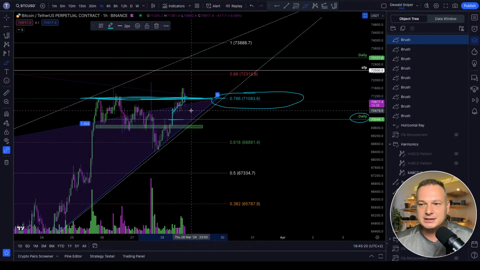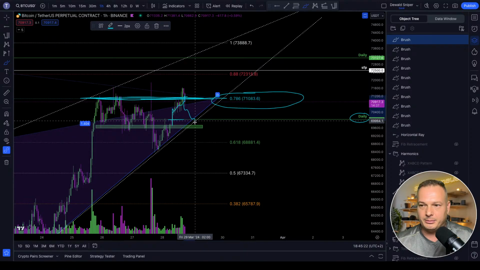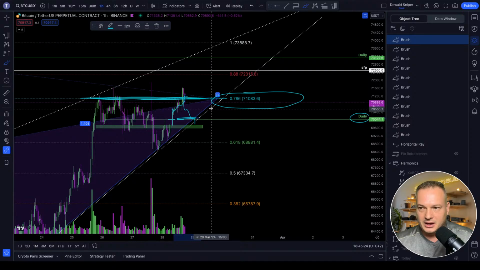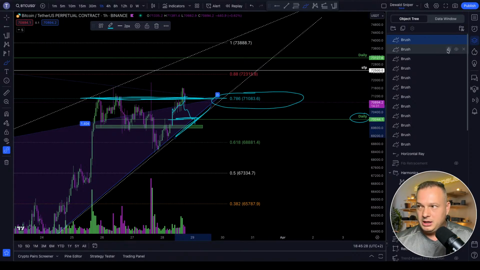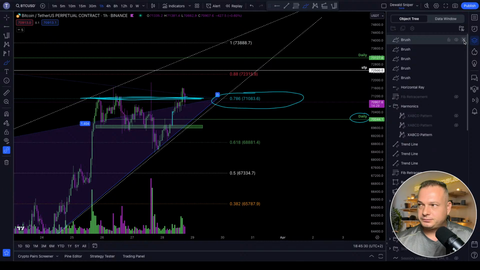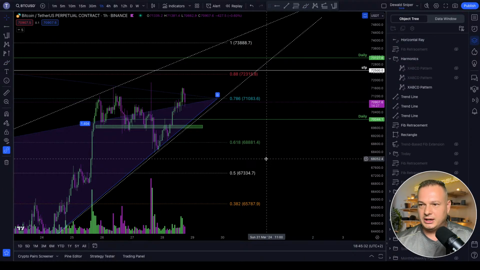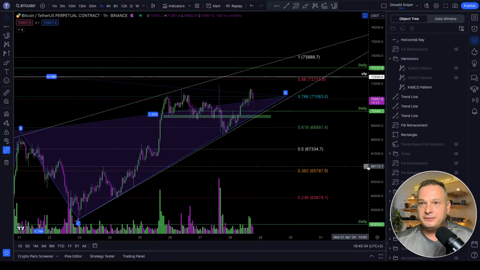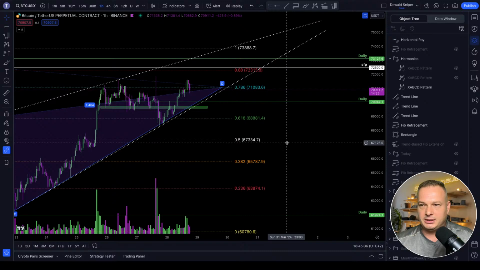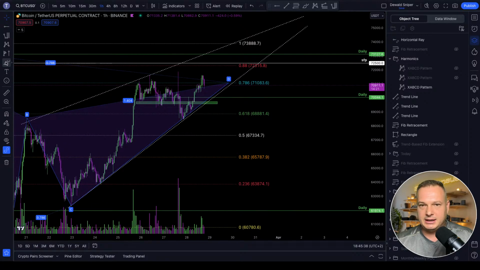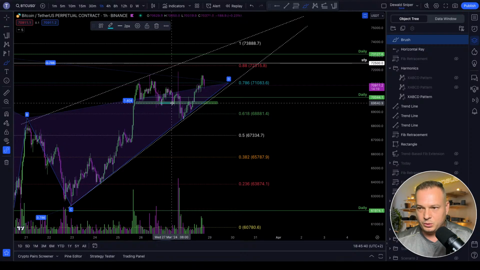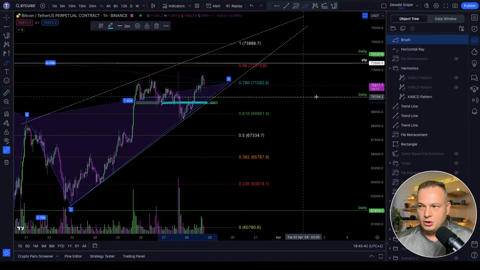So there is still a possibility that we can lose this level and lose the trend. Okay. So for me to turn bearish and to place a short to the downside from a 15 or 1 hour time frame perspective, I want to see us lose this support over here, which will mean that